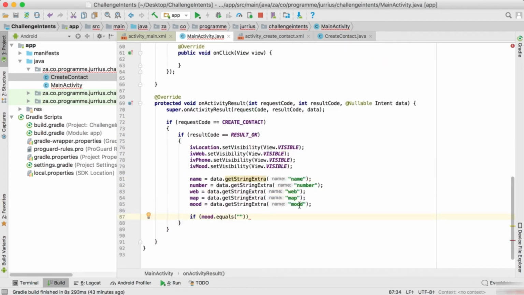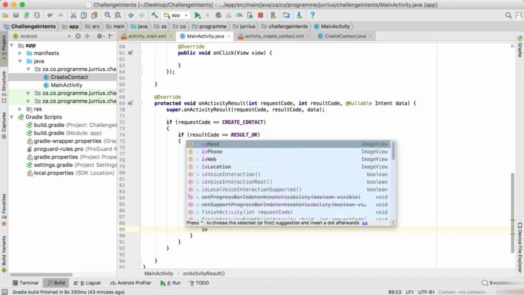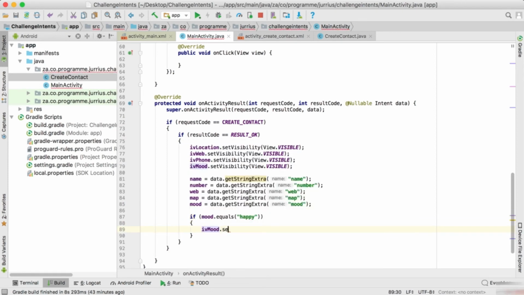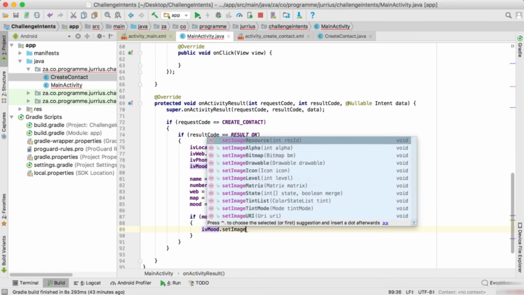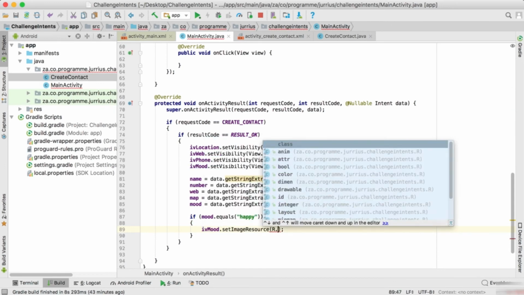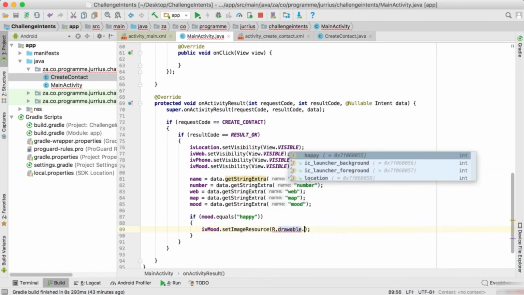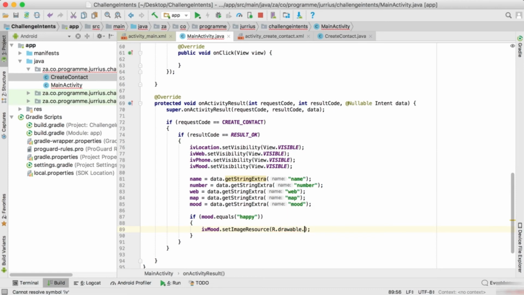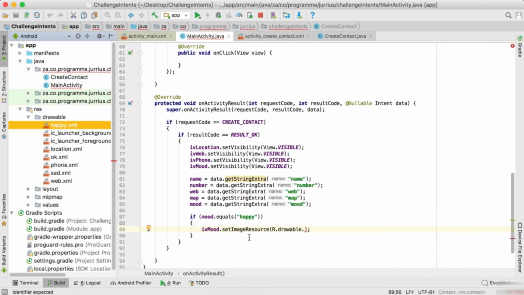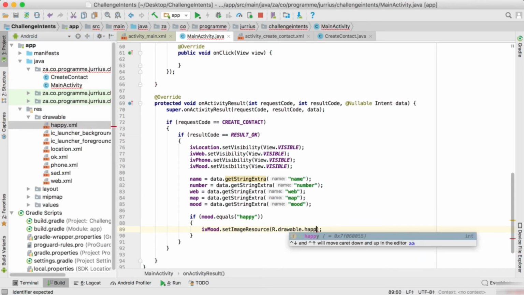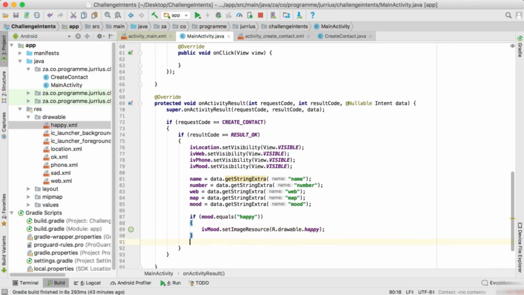So let's search first for happy. If it equals happy, then I'm going to go to the image view, which we called Ivy mood. I'm going to set the image resource to r.drawable. We didn't call it Ivy, I think we just called it happy there. Let me just make sure we called it happy. Yeah. So we're going to refer to happy. Okay. Now the else if